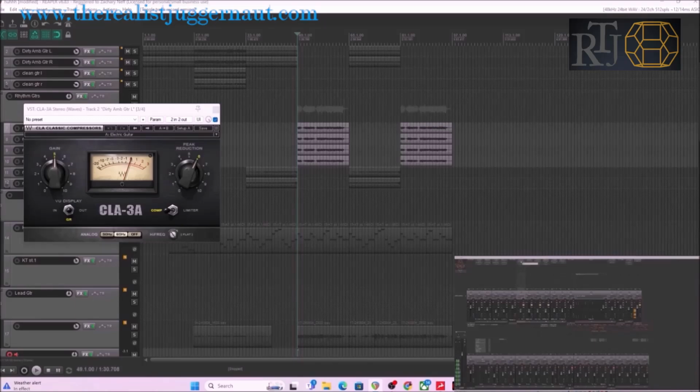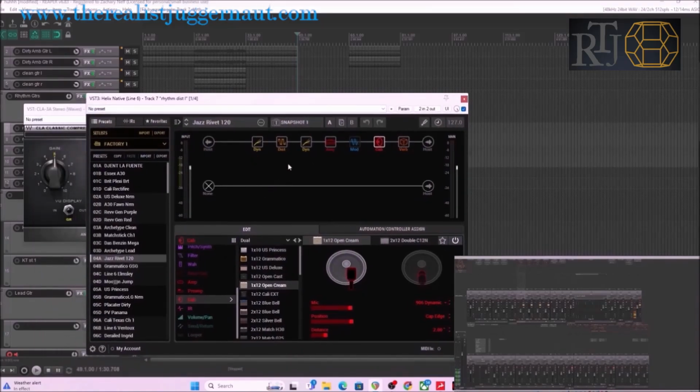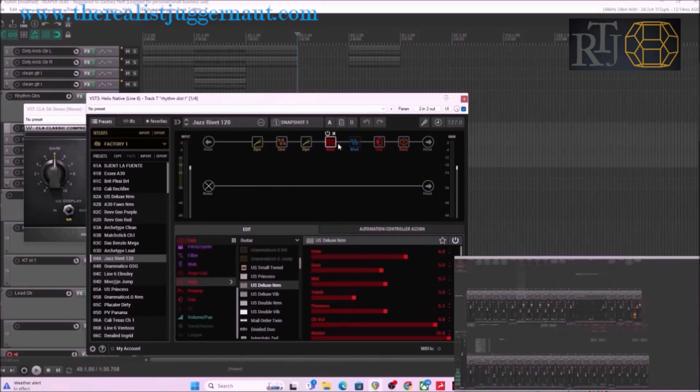Again, how I did that, let's get rid of all the other stuff here. How I did that was I took Helix Native. I found the Jazz Rivet, and then I just swapped everything out of it because I just copy and pasted it. And then I used the US Deluxe NM, and I moved the drive to 6.8. I kept the bass at 5, 5.3 for the mids, 3 for the treble, and then I added presence in